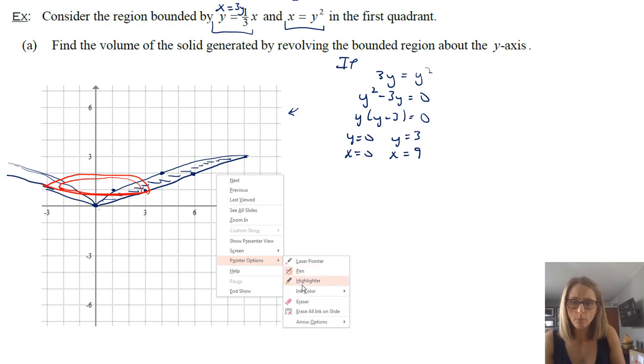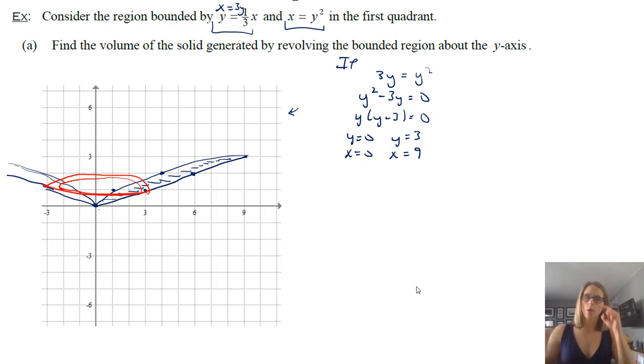So all we need to do is a setup here, with the understanding that we're integrating our values of y. If it's around the y-axis here, we're going to go from 0, 0 up to 9, 3. And so we're integrating from 0 to 3. But this is a washer method. We have an outer and we have an inner. And so we do want them in terms of y.